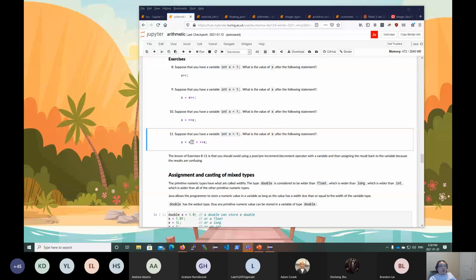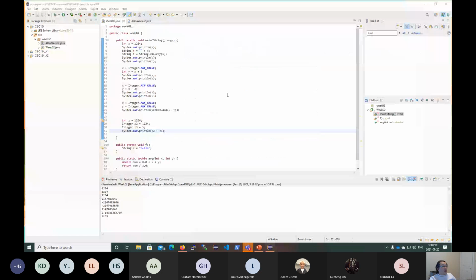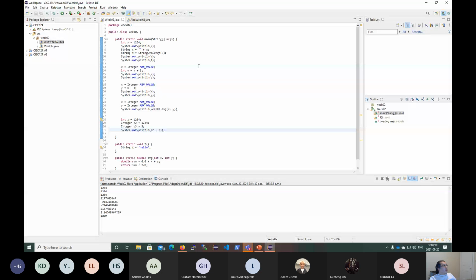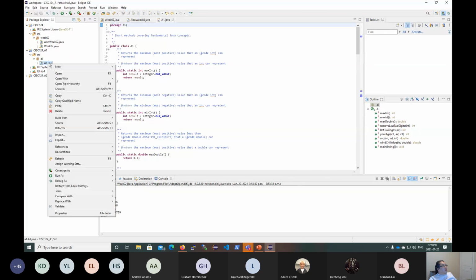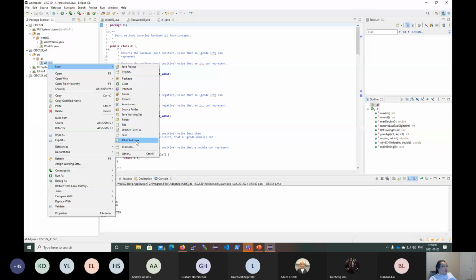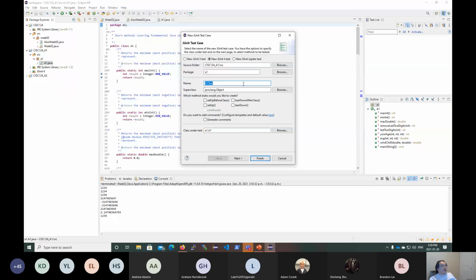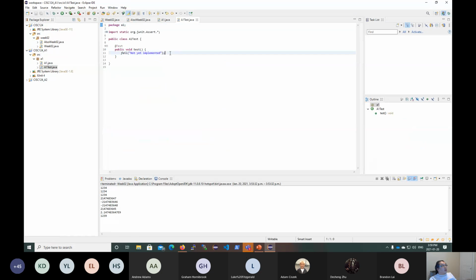Anything else? Oh, how do you run the JUnit tester? Trying to think if I have anything. The version of A1 here does not include the tester, but I can make one for you. New JUnit test case. We're going to look at this later on in the course, so don't worry about this if you don't know what's going on. Okay, I'm just going to make a test that tests